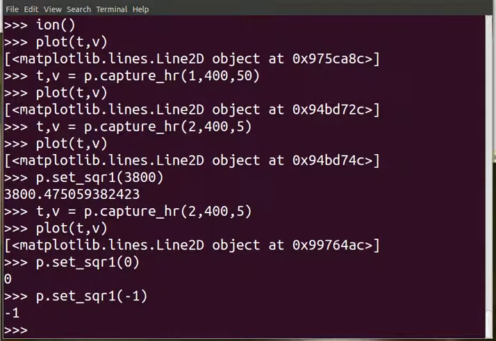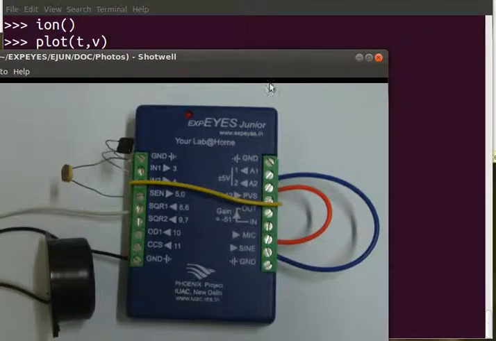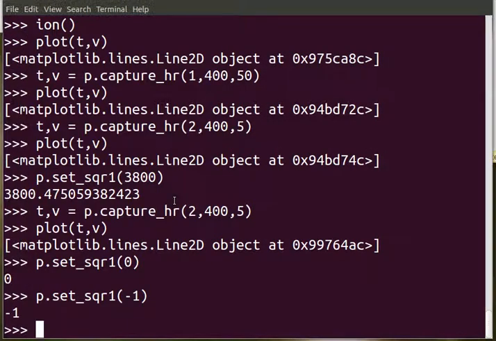Now the square one output is 0. How do you verify that? Suppose you set it to -1. Now it is low, right? If you look at the picture here again on the top panel, you can see square one output is 8, but the input readback channel is 6. So we can give a get voltage on 6. So we will see get voltage